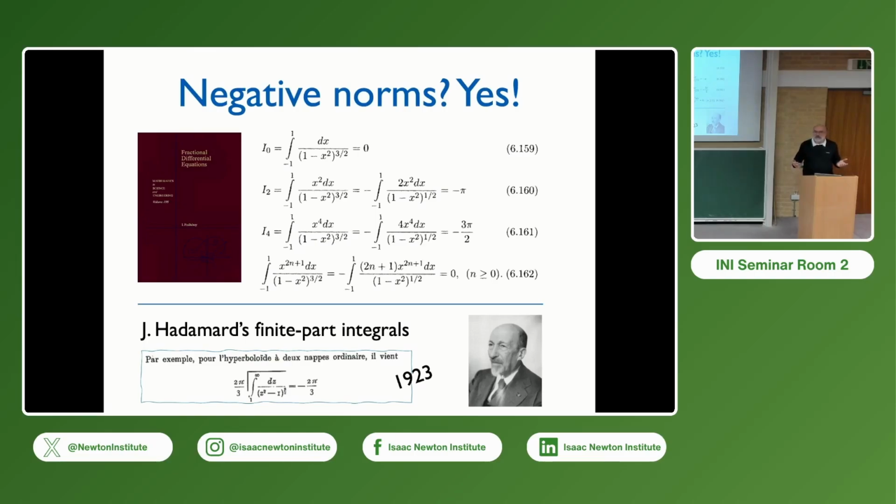Again, everybody knows that the norm must be positive. I already worked with negative norms when I was working with orthogonal polynomials, which are orthogonal with a non-integrable weight function. And there I was using Hadamard's finite part integrals that he introduced in 1923. Again, you can go to the Moore library and find a collection of his works and find his paper on the initial value problems for linear partial differential equations. It is there. So I knew that norms of positive functions can be negative or even zero.